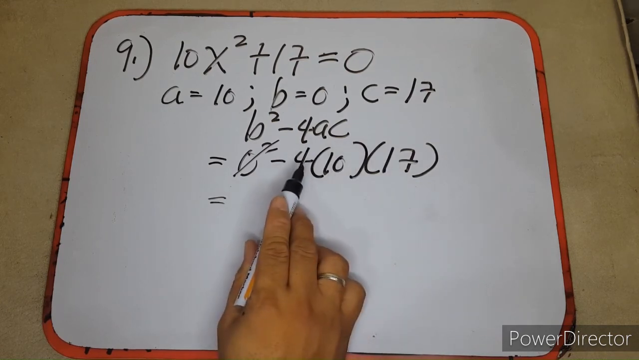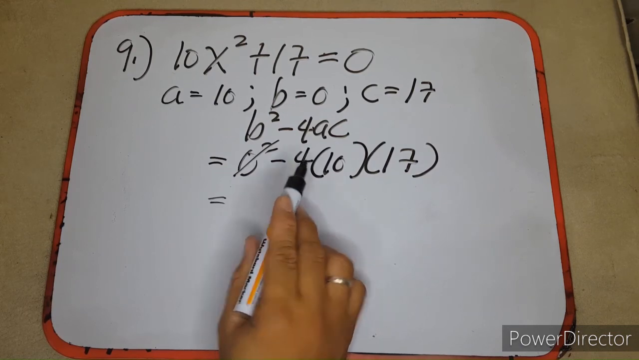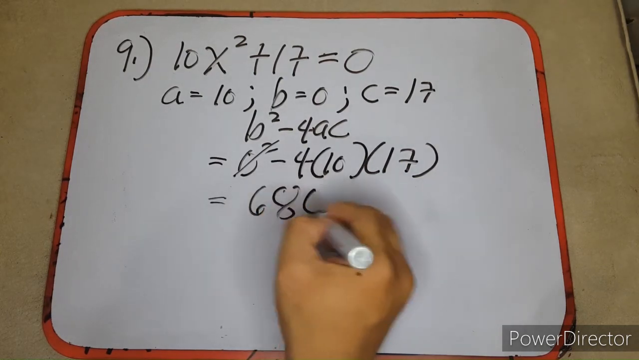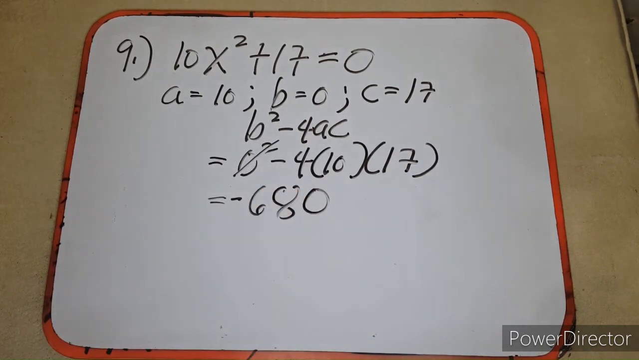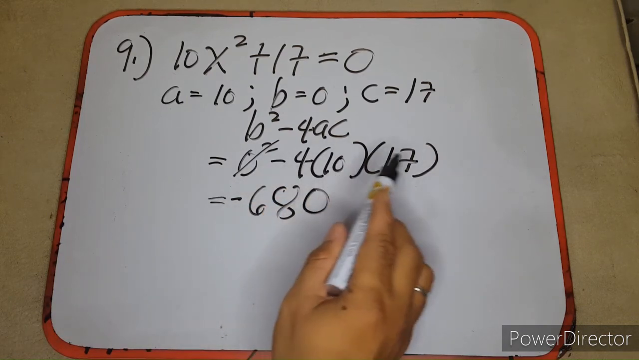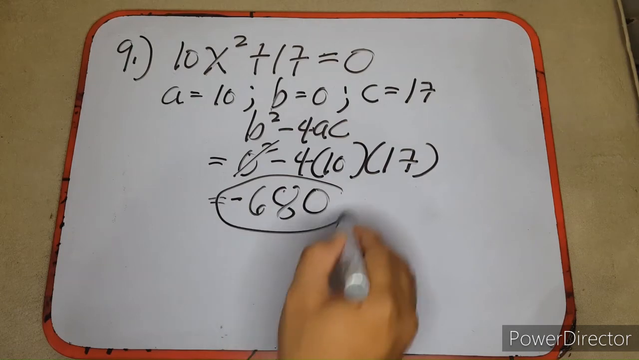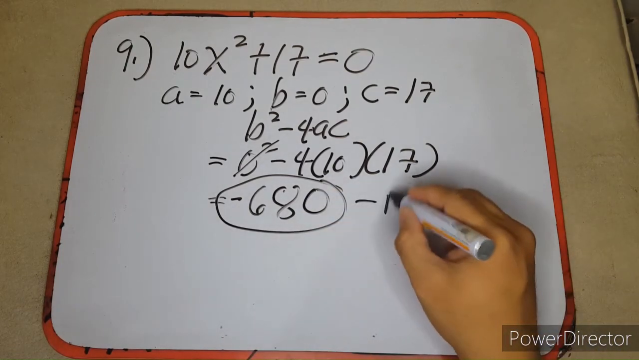So 170 times negative 4 will come up with 680. So we'll come up with the answer, which is negative 680. That's again negative 4 times 10, that's negative 40 times 17, that would be negative 680. That negative 680 again is what we call the